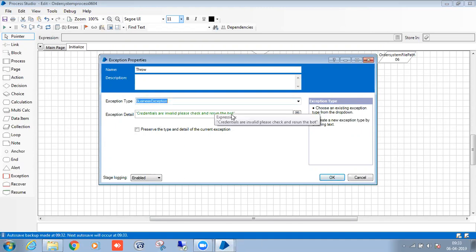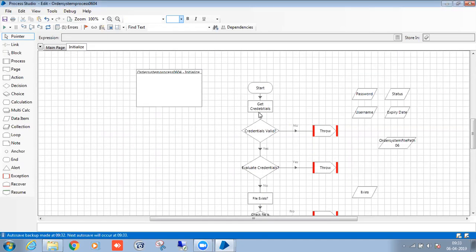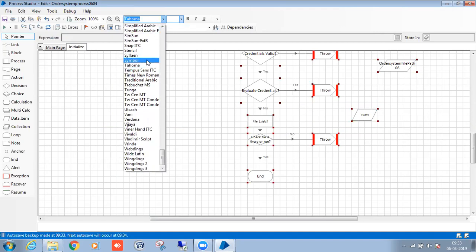That's why I'm raising the business exception. Done. Applying the font changes.